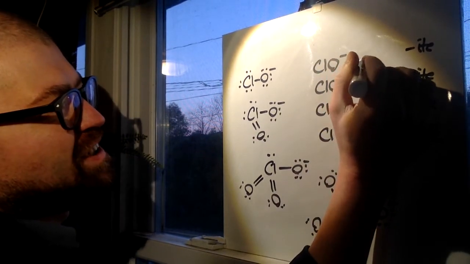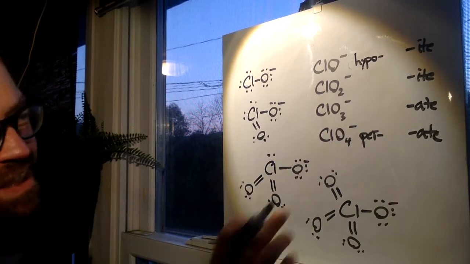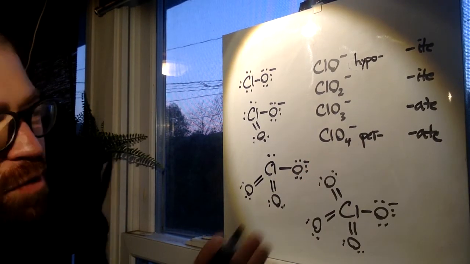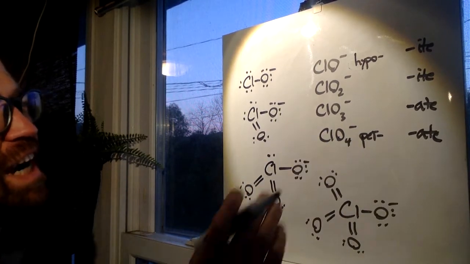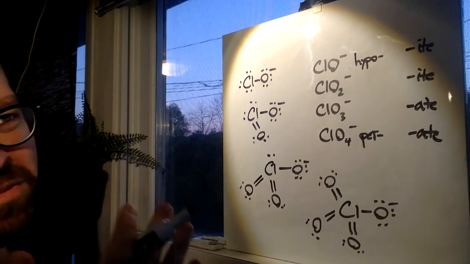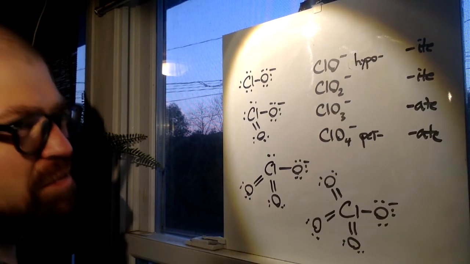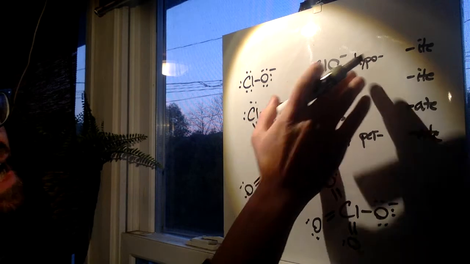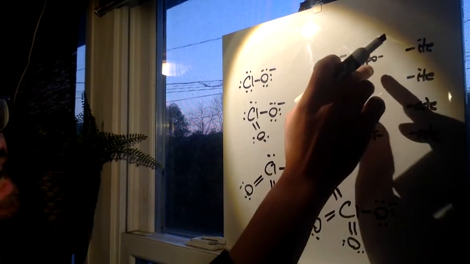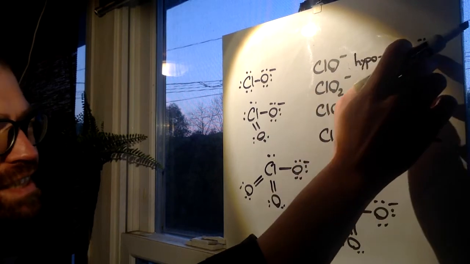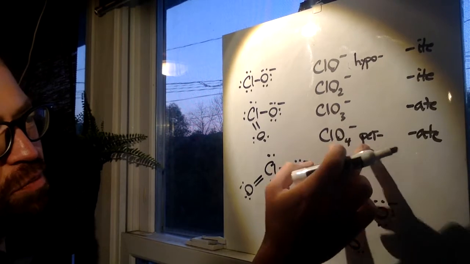Hypo means under, and so that makes sense. So we're not saying hyper, but you got a per there. So not hyper, but just per. And hyper, of course, means above. Here, per just means derived from. So it's kind of a similar type of thing. Hypo, under, so smaller, under "ite." So we say hypochlorite, chlorite, chlorate, perchlorate